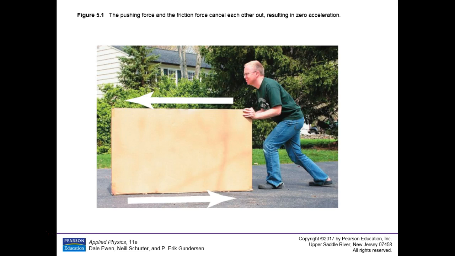But density is a little more specific. Mass is just how much of a substance you have. Really simple. How much of a substance you have. Now, that's different from weight. Weight is a force. Mass is just how much of a substance you have.